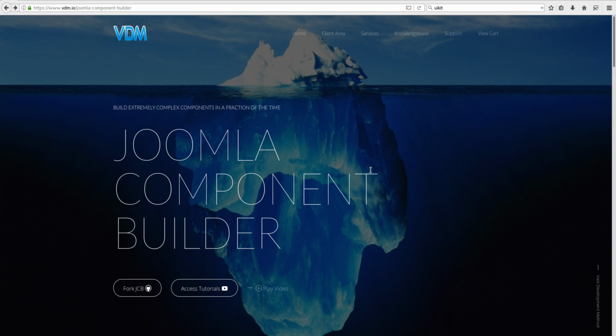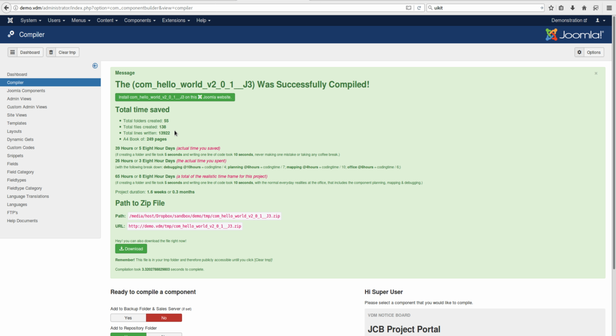I mean, I haven't even gone to the code this time and shown you all that it's written, but just from the compiler we already got 13,000 lines of code, which would have taken you 5 8-hour days to write, which is about 39 hours. And I think for a basic component that's quite a lot of code, and it's because it's already integrating a lot of permissional structures and